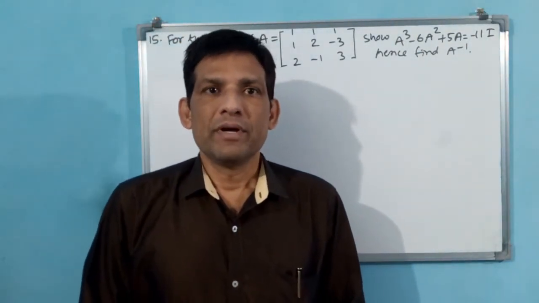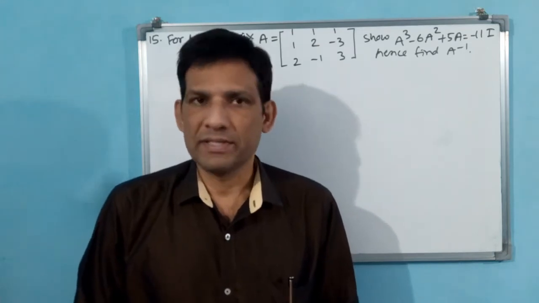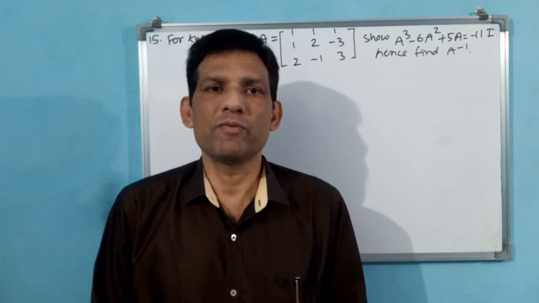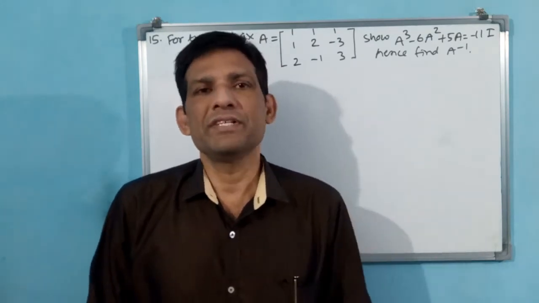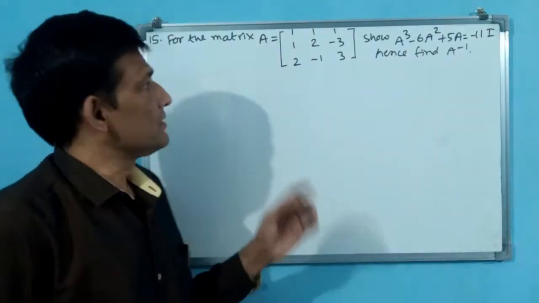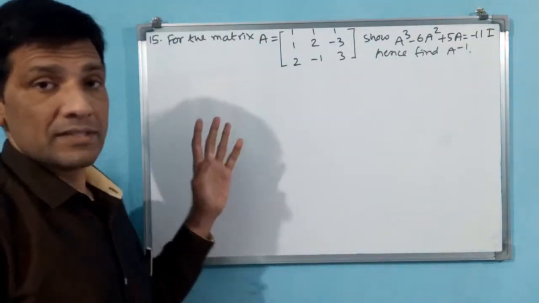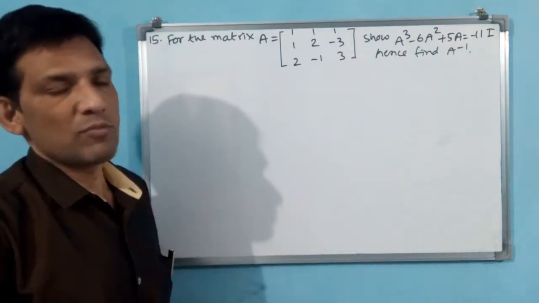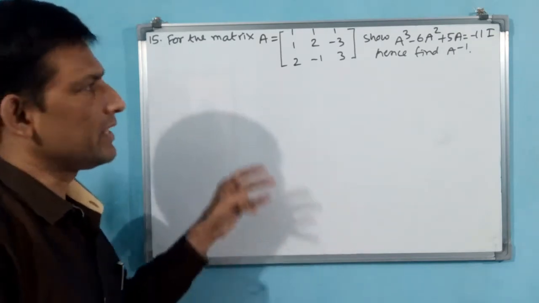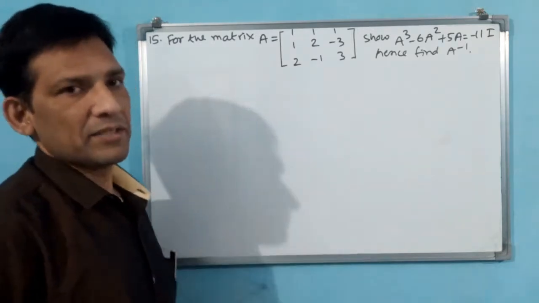Okay, dear students, we are in determinants exercise 4.5, and in the last class we finished question number 14. Now we will finish 15, 16, 17, 18 and close this exercise. See what they have asked. This is a big question, worth 6 marks for NCERT, CBSE and all, because it is a lengthy question.